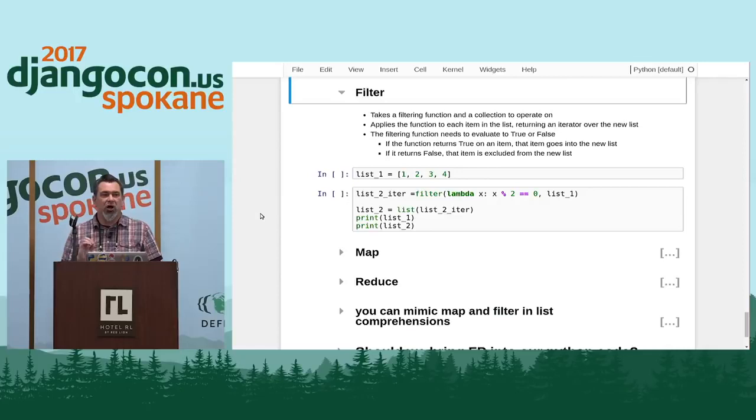Technically, map, filter, and reduce all return iterators now. In Python 2, they would return lists, but now they're returning iterators, which is much better. That way you can evaluate that as you want. It doesn't build your entire list at one time. It yields back one item at a time so you can loop through it however you need to. But essentially,